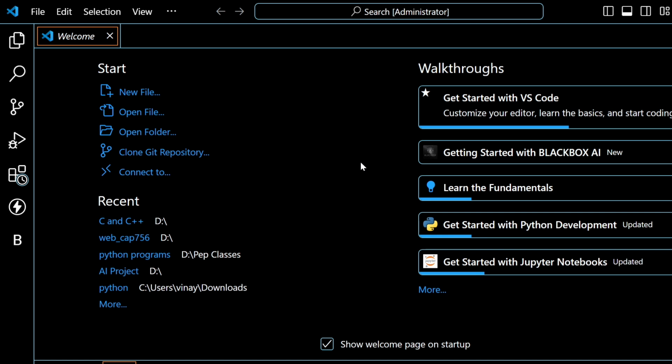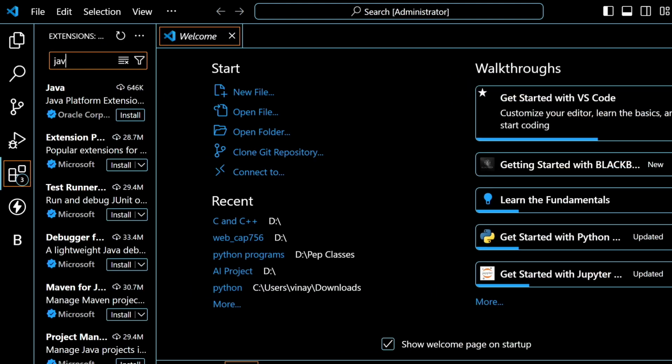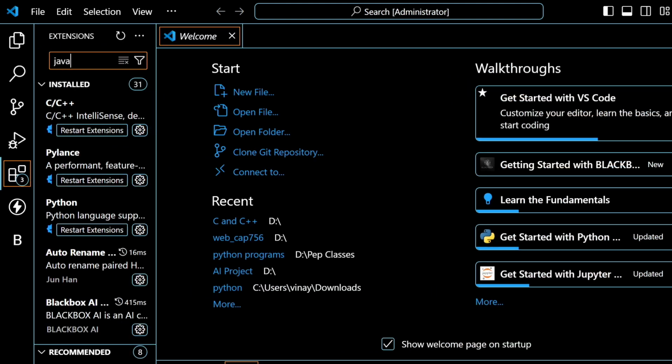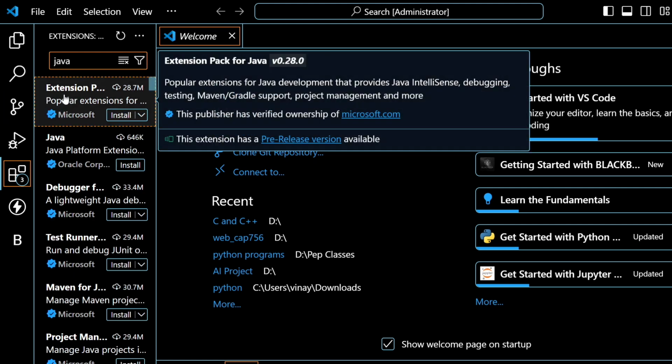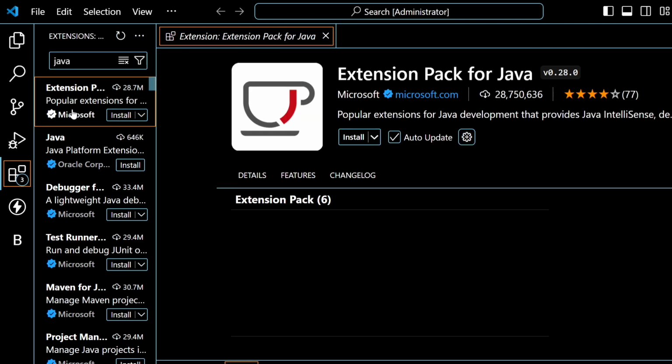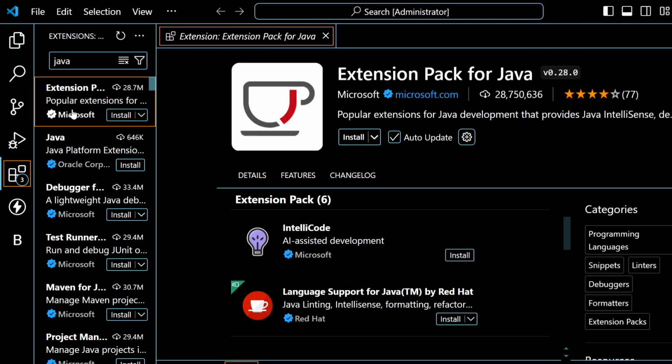Here you can see we have one option known as extensions, right? And here just type Java. Here you can see options available for Java extension. First one is Microsoft. So I am going to use this. So I just click on this option,